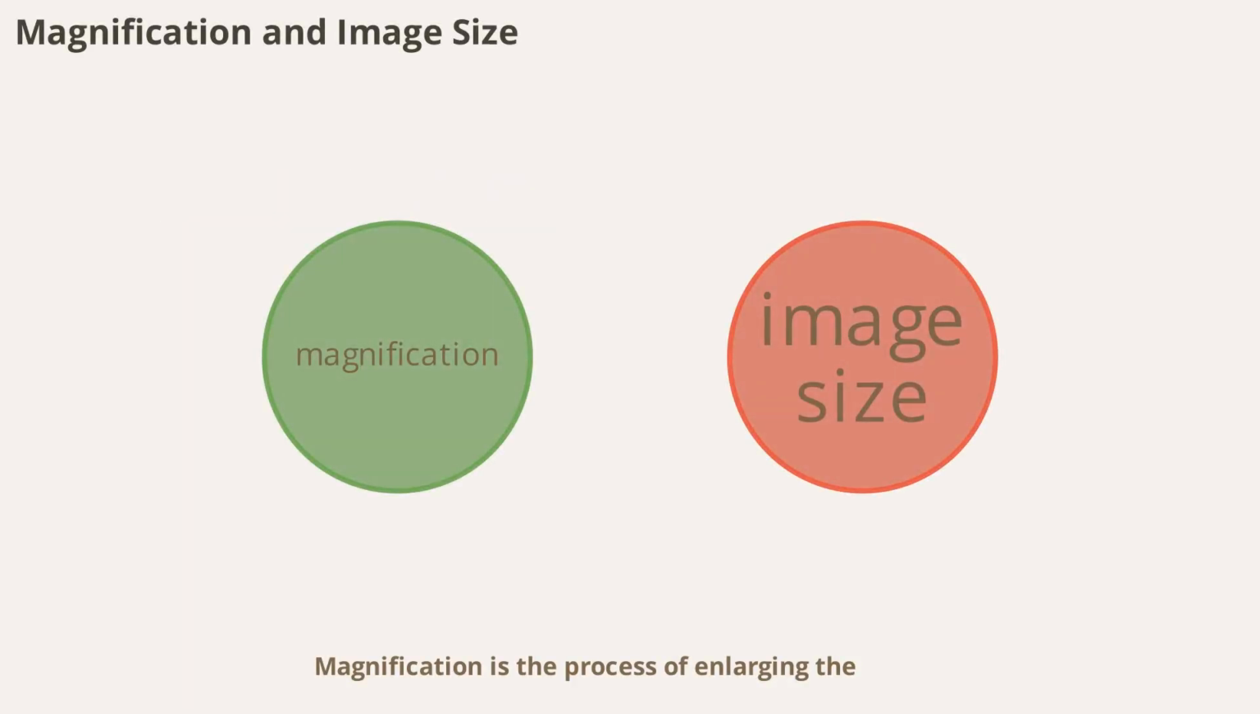Magnification is the process of enlarging the appearance of an object using lenses or mirrors. The amount of magnification depends on the focal length of the lens and the distance from the object. This principle is essential in devices like microscopes, telescopes, and magnifying glasses, allowing us to study details invisible to the